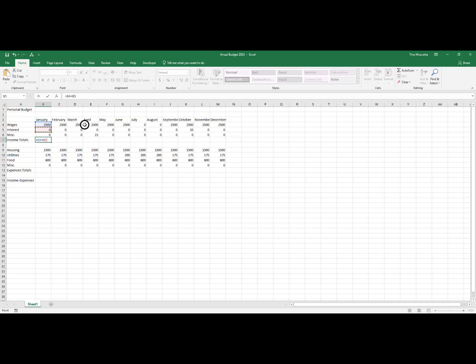Well, we have one more to do, so we're going to hit our plus sign again. And we want to add it to this last cell, our January miscellaneous. So now it's equal to whatever's in B4 added to whatever's in B5 added to whatever's in B6. Well, that looks good, so we're going to hit enter. Perfect. Now we got the same answer as we did before, 2500, but now we're referencing the cell instead of